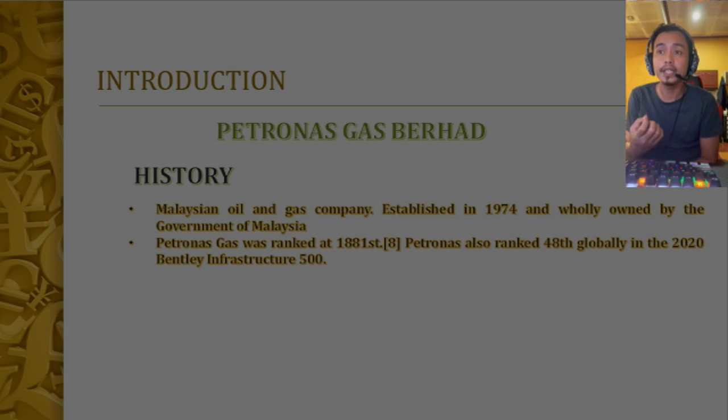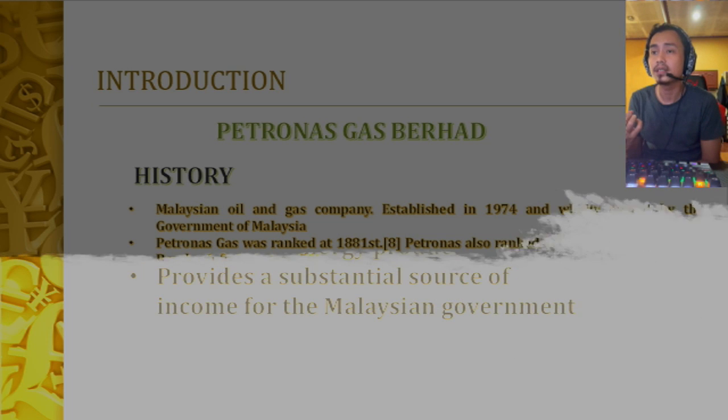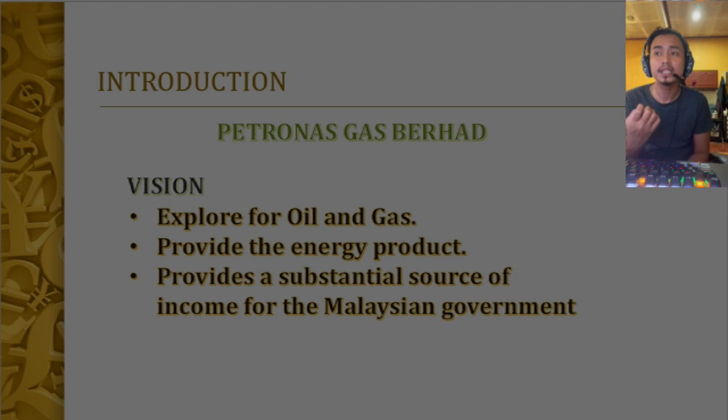The second company is Petronas Gas Berhad. The history of this company: it is a Malaysian oil and gas company established in 1974 and wholly owned by the government of Malaysia. Petronas was ranked at 1881 first, and Petroleum was also ranked 48th globally in the